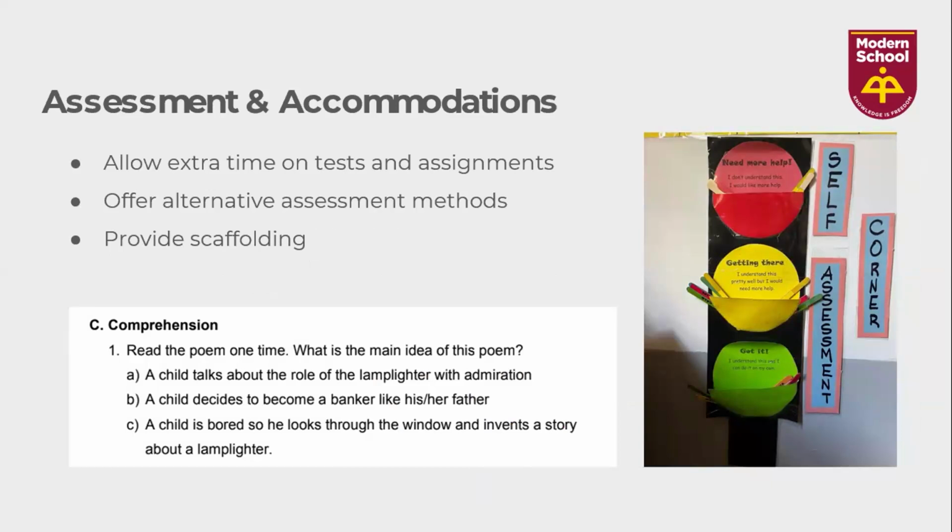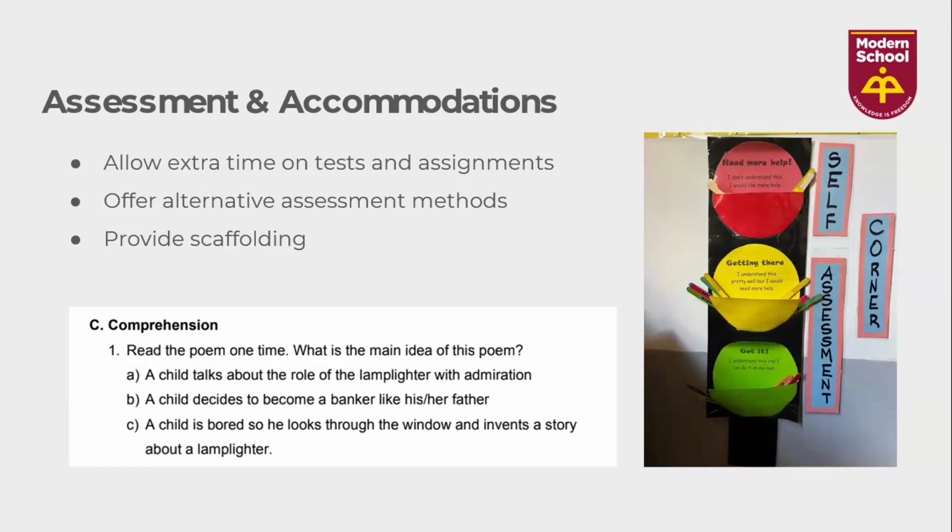In the picture here, you can see what teachers in fourth form do. Every time they teach new content, they have this self-assessment corner where students can place their stick with their names where they feel they are. If the content is okay, they place their names in green. If they need some help, yellow. If they couldn't understand anything and they need to be retaught or re-explained, then red. And the teacher finds an opportunity to explain things again.